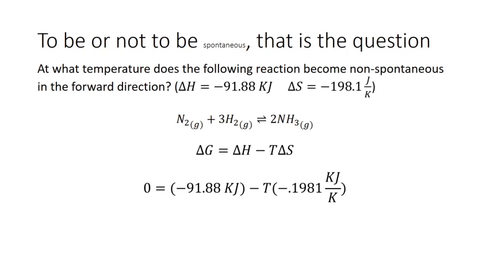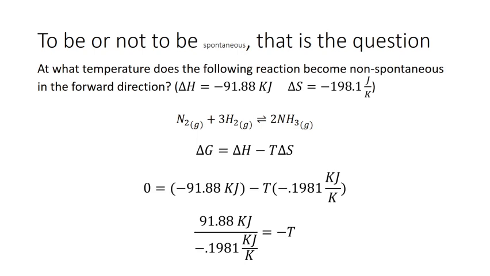So now that we have all our values in there and we have our single unknown, we're going to do some good old algebra, rearrange, and solve for t, right? So the first thing we're going to do is make our equation look like this, where we have moved the 91.88 kilojoules over, and we have our negative